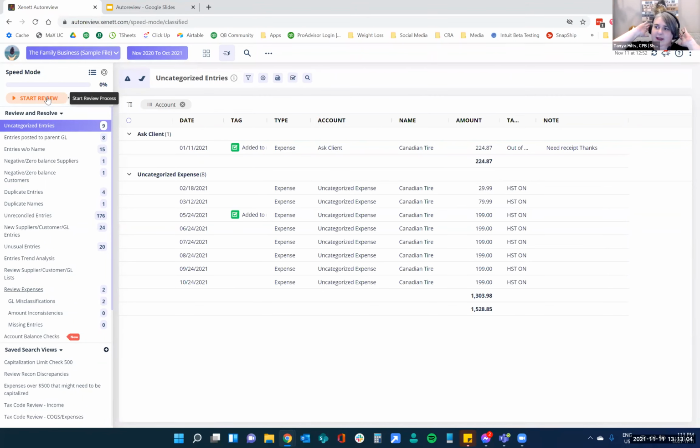By the way, my headset is beeping at me. So if I do cut out, if somebody can please just let me know that I've been cut off, because it's fully charged, so it shouldn't be beeping. So I'm not sure why it's beeping. Anyhow,